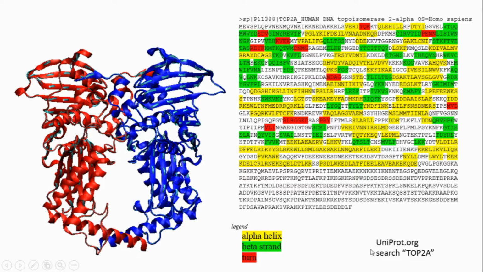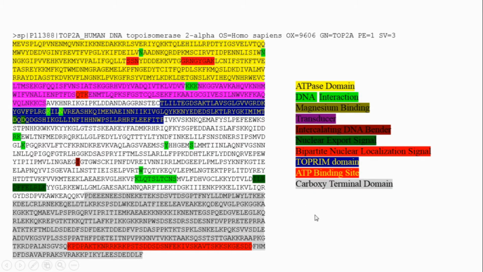And you can get this data very easily. It's public domain. You can go to the uniprot.org website, type in TOP2A, and you'll get a listing of organisms with the topoisomerase 2 alpha homolog. So this is the spelling here, and that's one layer of organization that shows what we call the secondary structures, with the color coding of the secondary structures. There is also another way we can depict the same spelling but color coding differently the important functional regions here, and hence a different color coding.